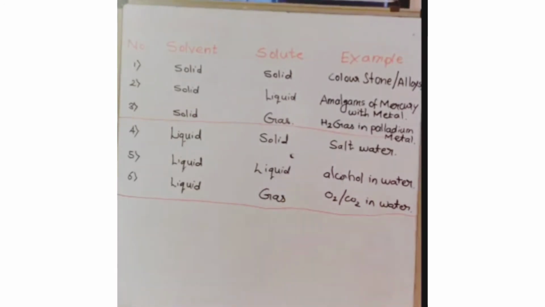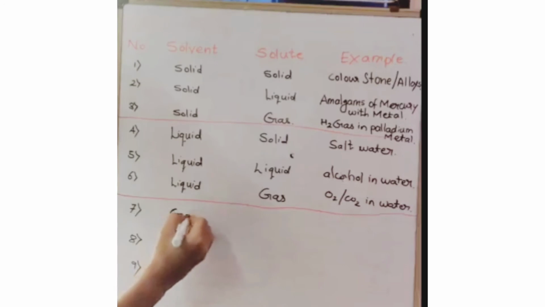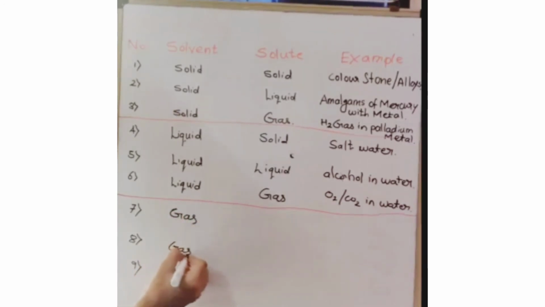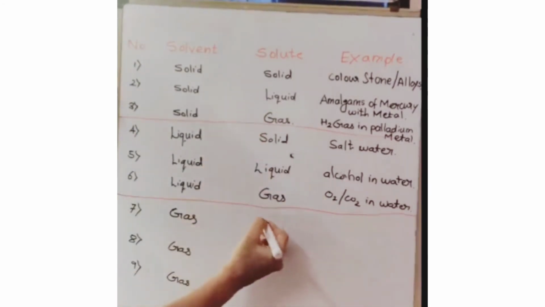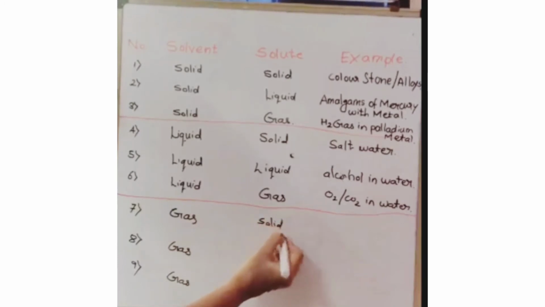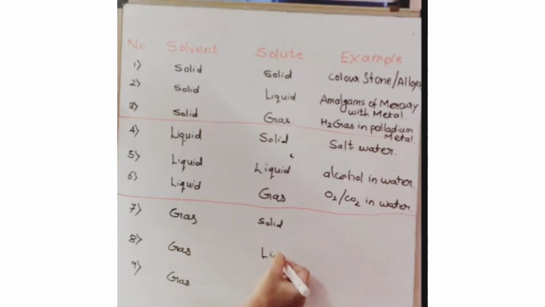Now again, the last ones, which are very important: we will go to solvents which are all in the gaseous state, 7, 8 and 9, as we have 9 types of mixtures of solution. So we are seeing it, and the last 3 are gaseous. Solvents are gaseous, and again the solute will be solid, liquid and gas. This is a very important topic considering your HSC exam. So make sure you revise the last lectures. I have already uploaded them on YouTube, link in the description. So solid, liquid, and again gas over here.